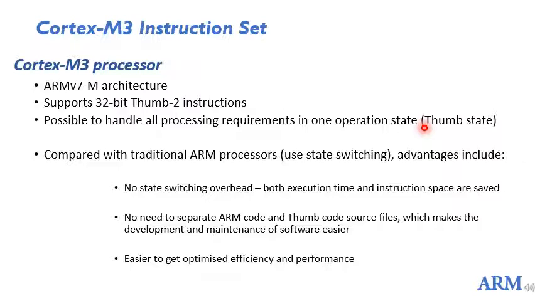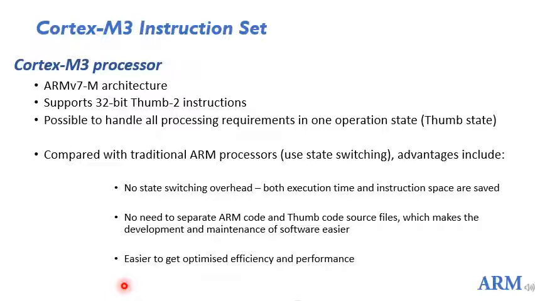That is why you will learn later that the least significant bit will always be 1, because we'll see that later. This bit is there to switch between ARM mode and Thumb mode. That is, when it is 0, it will be in the ARM mode. When it is 1, it will be in the Thumb mode. But since Cortex M3 supports only the Thumb-2 instruction set, it should always be in Thumb mode. That is why this bit will always be maintained at 1.